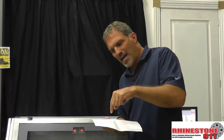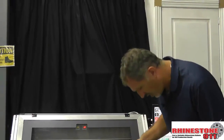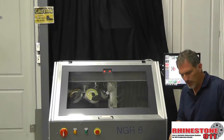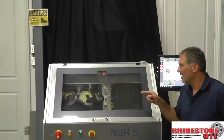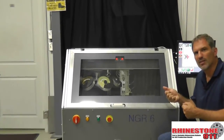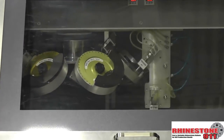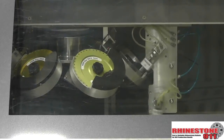Now I've actually exaggerated this with a piece of paper, but what happens if you have a very little stone, you don't get good adhesion over here, so you start to have issues. And we solve that by putting in aluminum tables. We also noticed over all these years, because we were the first in the business, that you don't want to have to peel off the paper while it's in the machine. Why don't you just take out the tray and put in the other one and keep going and be productive and do all your quality control outside the machine, because whenever the lid's open and it's not working,